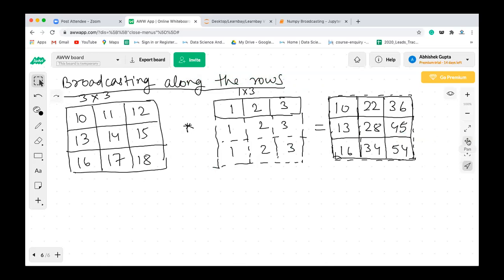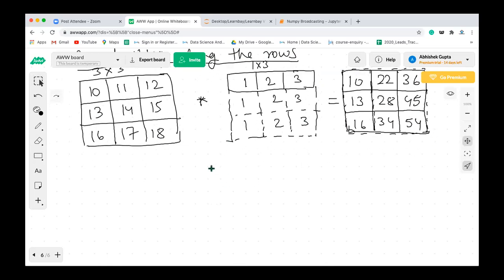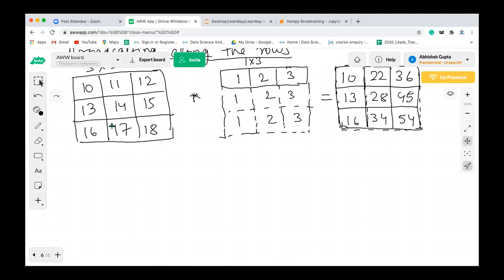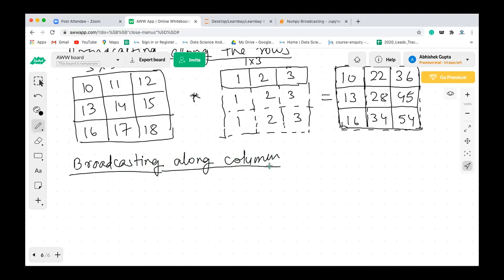Yeah, one minute, let me move it up. Yeah, broadcasting along the column. Okay, so let's see what is broadcasting along the column. So let's say again we have 3 rows and 2 columns.